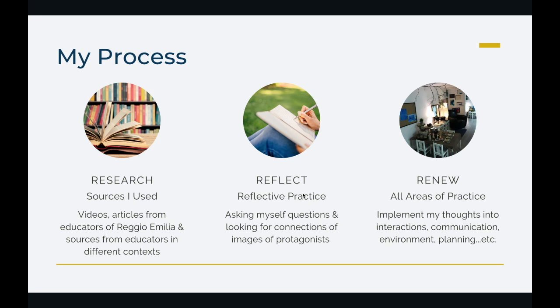It definitely helped me create a really strong image of the child. So then I also was in a lot of Facebook groups, and I listened to other educators and kind of what they were doing and how it was working for them, and I thought about how I can maybe make that work for me. And so I just did a lot of research, and then I started to reflect, and this is key. This is where a lot of my growth came from, was building a reflective practice and asking myself questions, looking for those connections between the images of my protagonists and